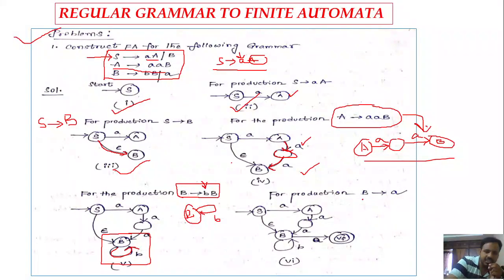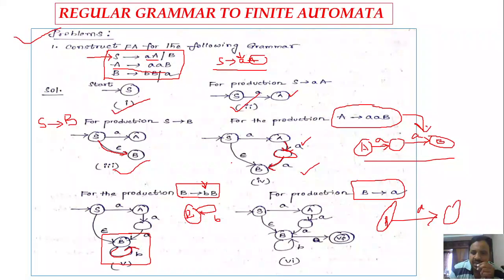And the last production is B denotes small a. B denotes small a means one variable is denoting a terminal symbol. So now what you have to do is, from B you have to specify the transition on a, and it must end at a final state. That means you have to add one final state. So from state B on a, this transition must end at the final state. Okay, like this. Here we have added the VF. So the transition from B on small a goes to the VF. VF means a variable F, the final state variable.